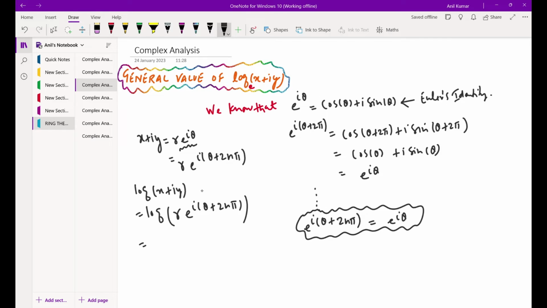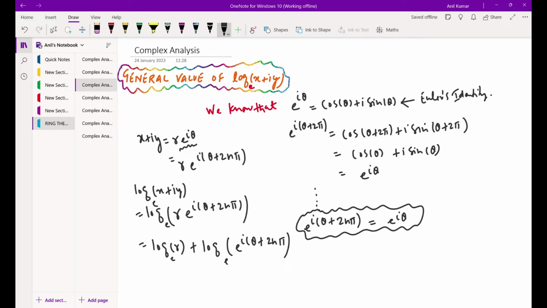So using the identity of logarithm, we can write it as log of r to the base e. Don't forget to write or add base e. Plus log of e raised to the power iota theta plus 2n pi